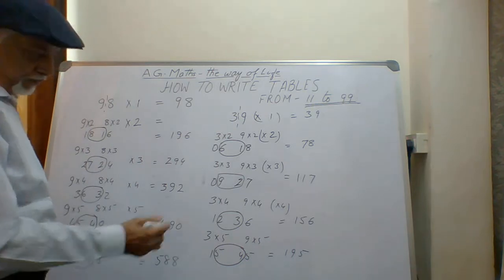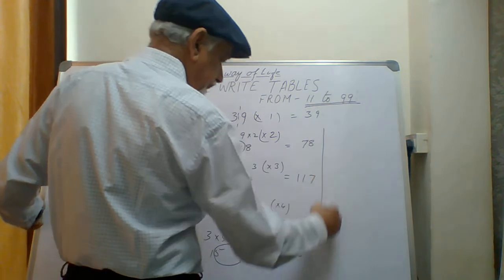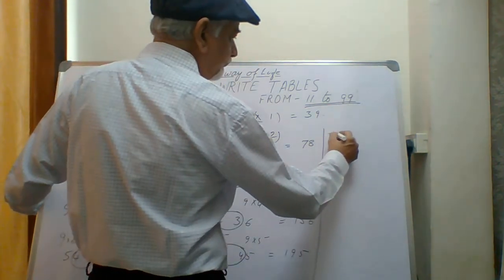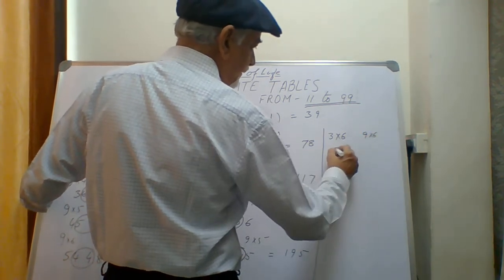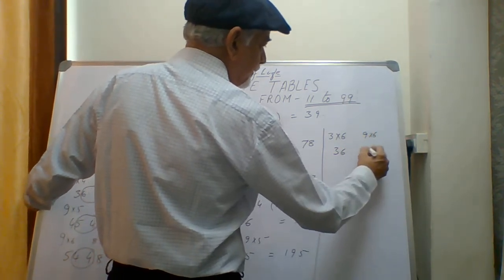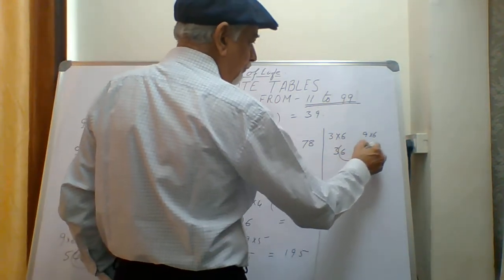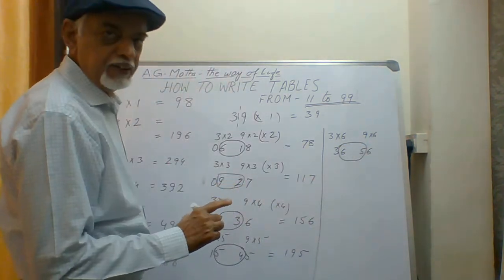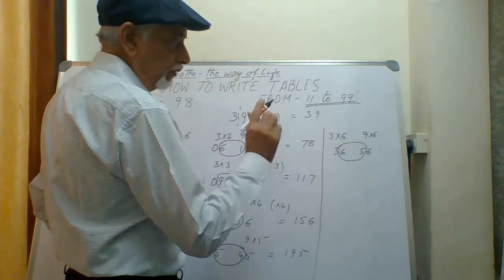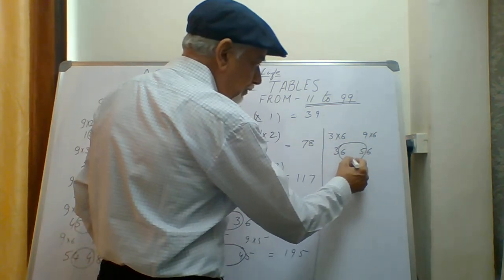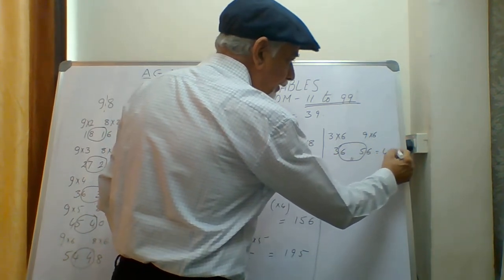205 something. Suppose you are going to 6 numbers. Okay, let me see what happens here. 3 into 6 is 18 and 9 into 6 is 54. Now this is the situation which I was trying to explain to you, that now when you are adding these two, it is a combination of 11. So how will I write 11? I will not write 3, 11 and 6. What I will do? This is equal to 11. So I will write 1 here and carry this 1 here. So it will become 4, 1 and 6.